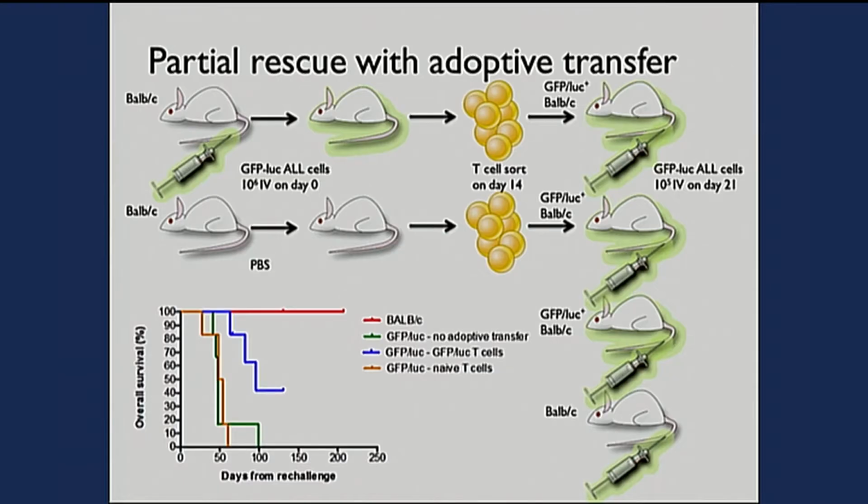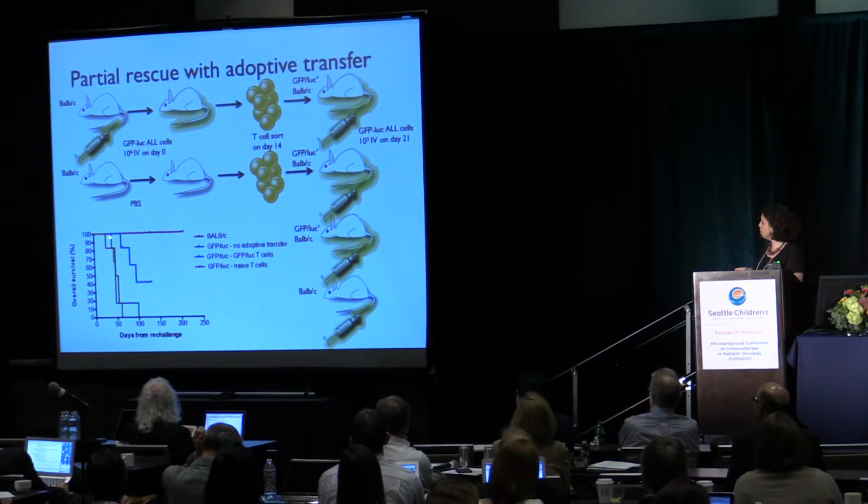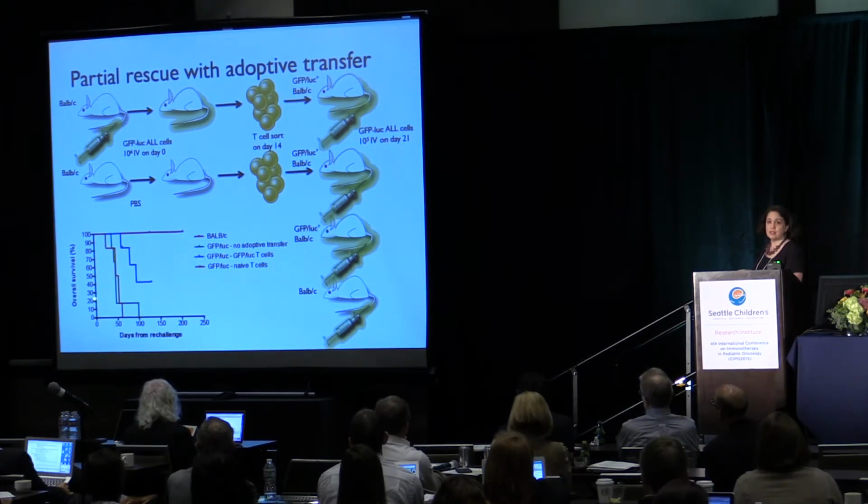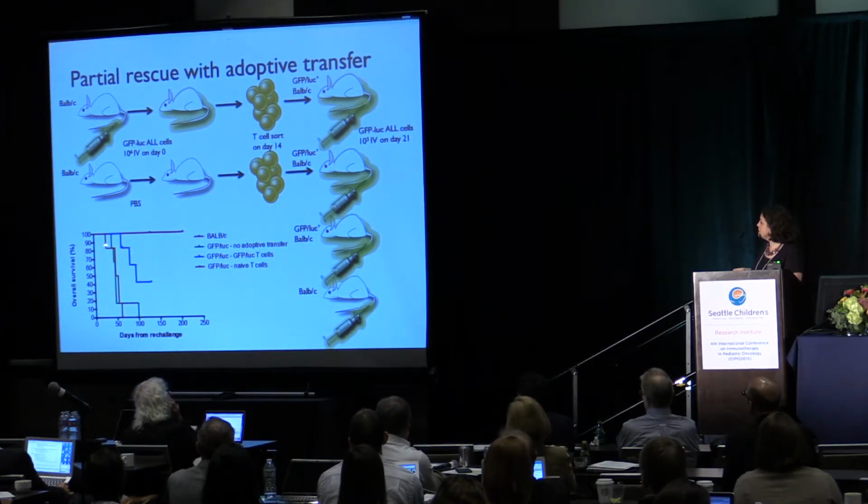So if we take a BALB that has cleared leukemia versus naive mice, we can T-cell sort, put them into our GFP Luc transgenics, and then re-challenge with GFP-bearing leukemia cells. You can see that the mice that get naive T cells in yellow look just like mice who got no T cells. They all die quickly, whereas mice who received educated T cells have a bit of a prolongation in